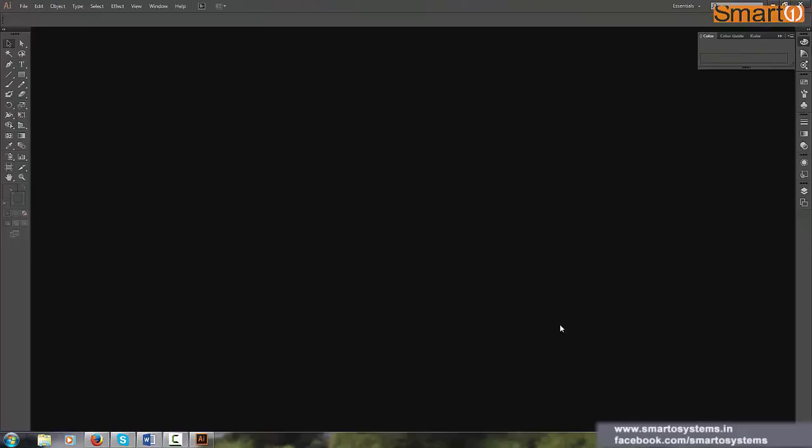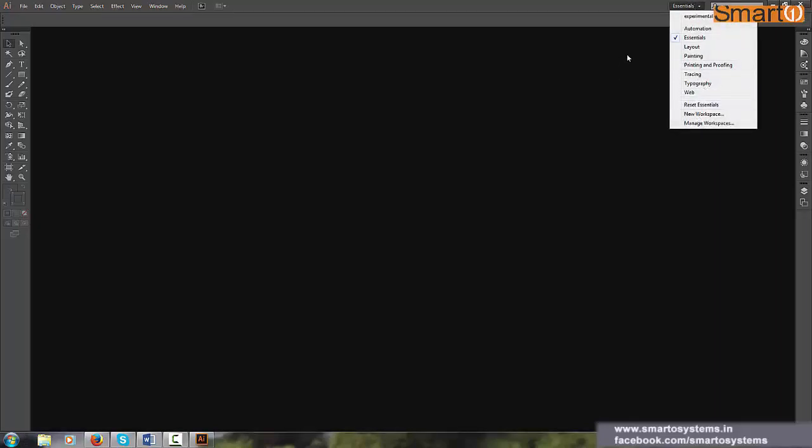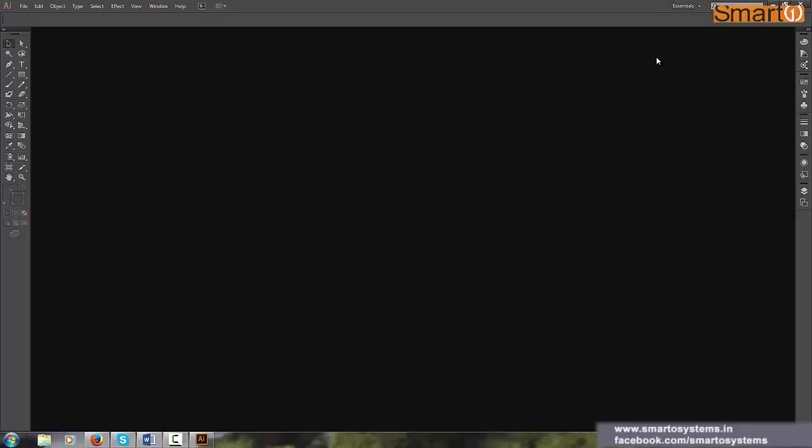When you open Illustrator first time, this is the interface you get. Now what is this interface and what all it does and how it works, we are going to cover it today itself. So let's start with the top panel, which has a menu bar on the left side and few keys on the right side, like close button and maximize, minimize, restore buttons, and a search bar and few workspace options. Now what is this workspace and what all it does? We will cover it today.